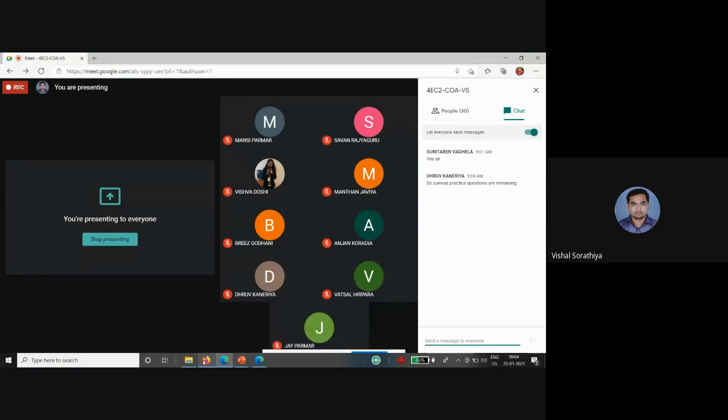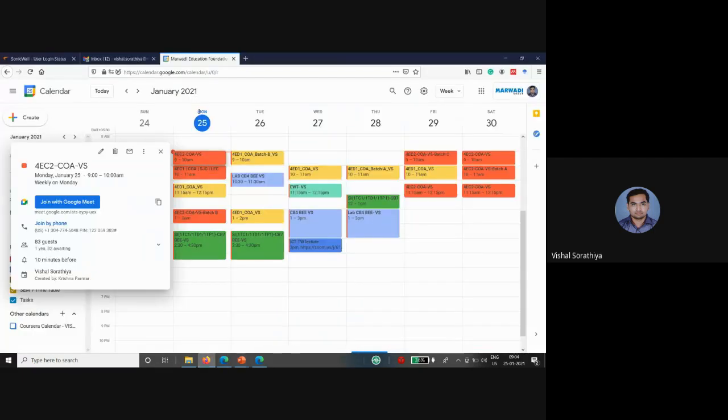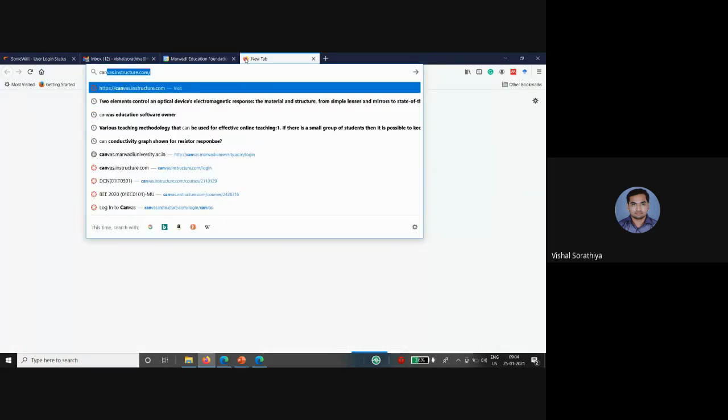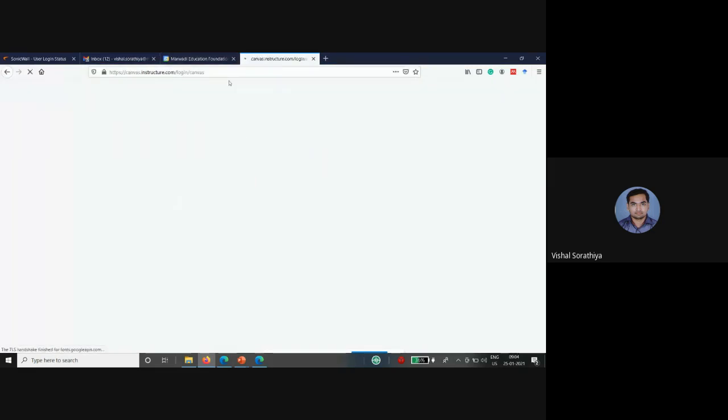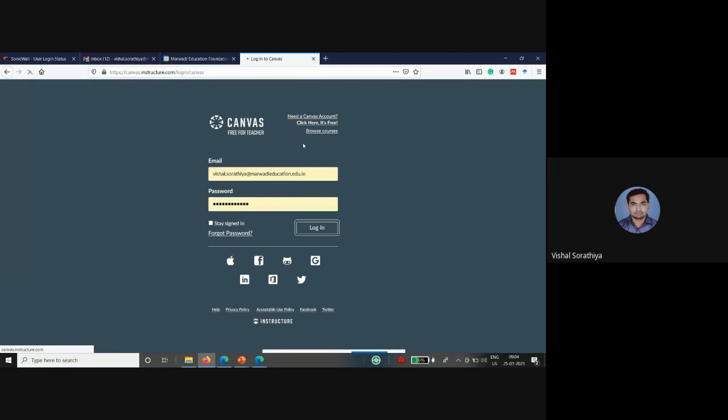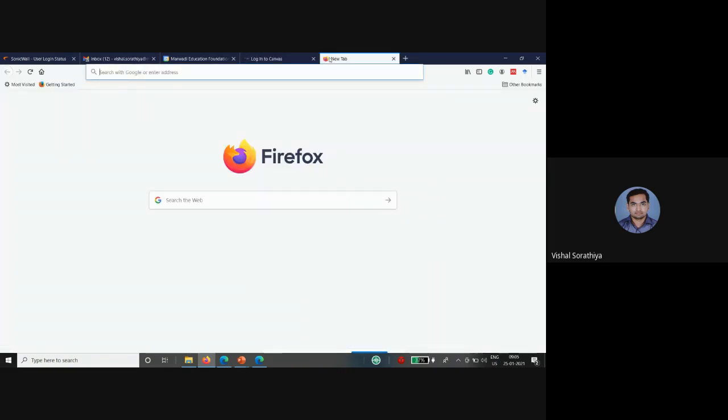So first, we will go with that Canvas practice session, and thank you for reminding me. Let me open that Canvas, and we will see the stuff that we have given. If I go to the basic stuff, there are two questions I have given. The first question was to design a 16-bit full adder using a half adder, or you can say using a full adder, you can design it. So first, let me go with that